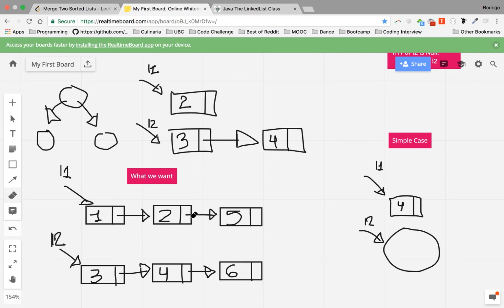Which one is smaller, 5 or 3? 3 is smaller. So in order to get the correct order, we're gonna take out this reference to 5, and we're gonna reference now 3. So you change the reference of 2 from 5 to 3. Now, which one is smaller, 4 or 5? 4 is smaller, so the order is correct. Which one is smaller, 5 or 6? 5 is smaller, so now same thing. You change the reference from 4